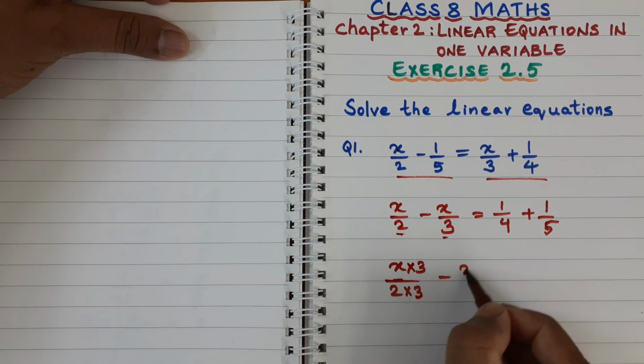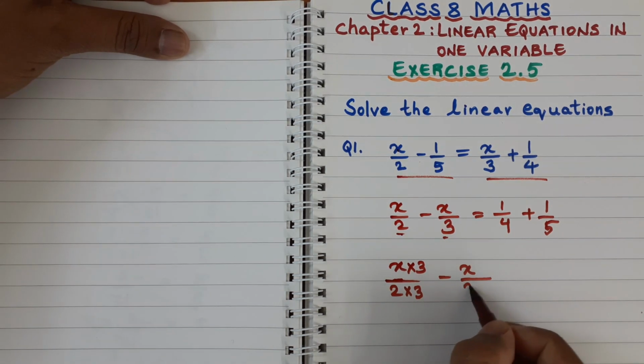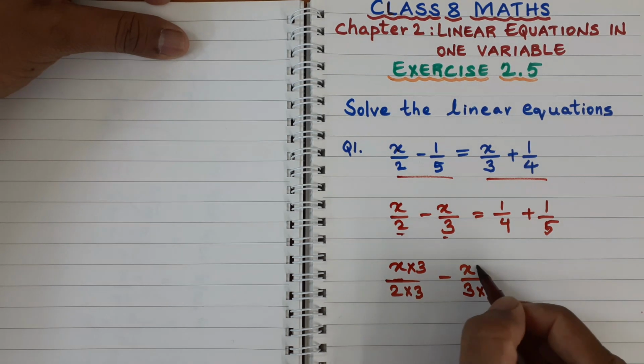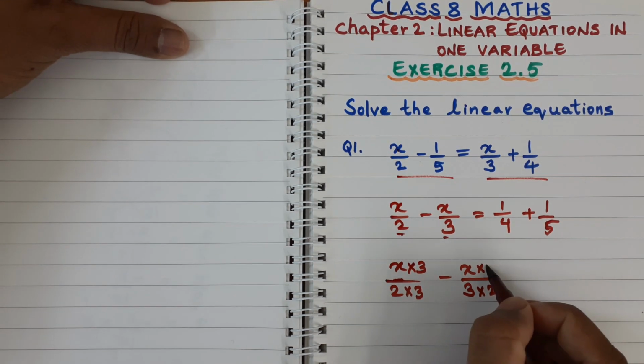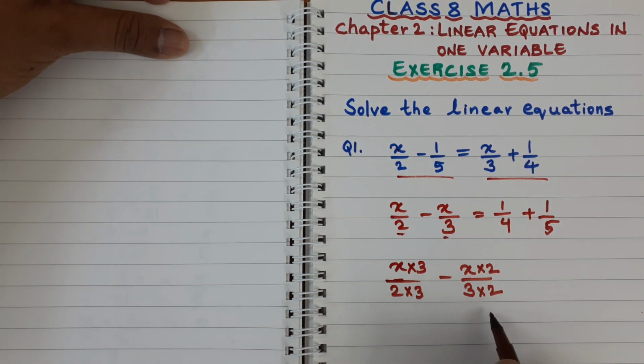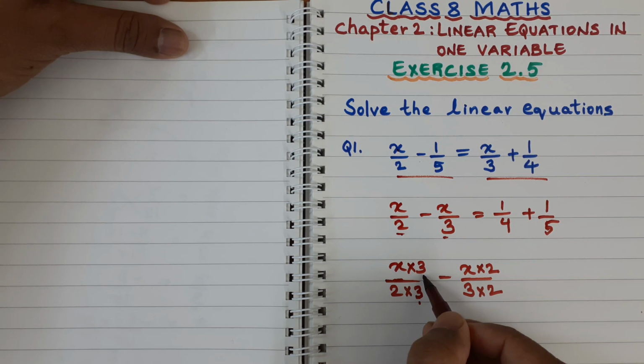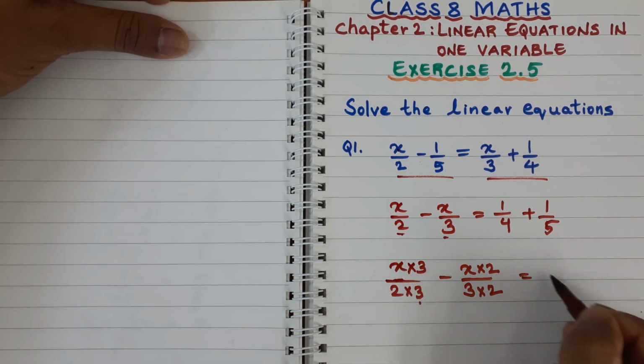Then next, minus x by 3. In the denominator what should I multiply to make it 6? 3 into 2. Then the same number I should multiply in the numerator. So like this we have to do the LCM. Whatever you multiply in the denominator, the same number should be multiplied in the numerator, equal to